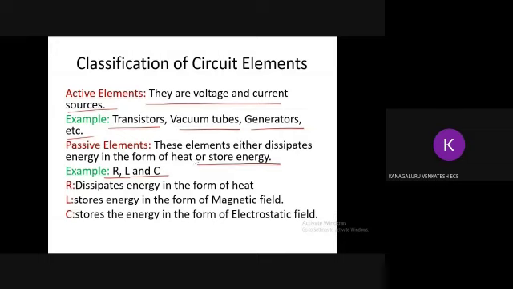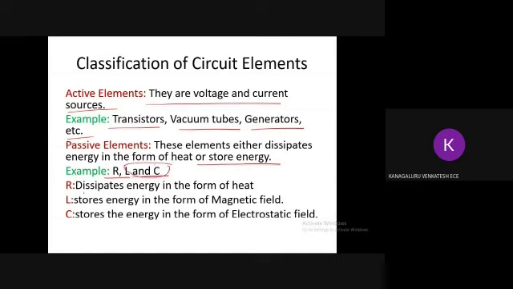Wherever we use a resistor in an electronic circuit, either in a mobile phone or a TV, wherever the resistor component is involved, there you will get heat dissipation. If you touch that component, you will feel that heat, because a resistor dissipates energy. And L and C, inductor and capacitor, store the energy, and in the absence of an active source, they deliver that energy to any passive element like a resistor. Okay, you will understand what is meant by delivering energy from L and C elements.